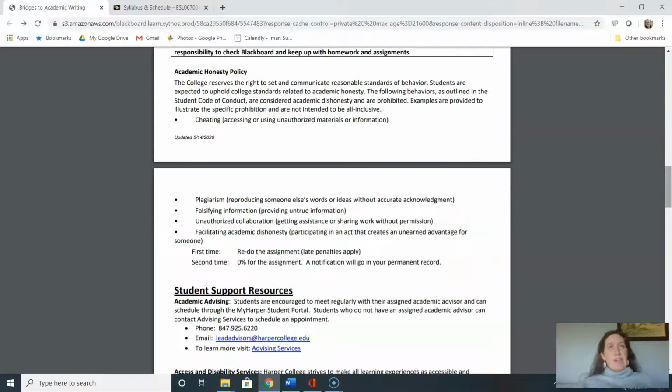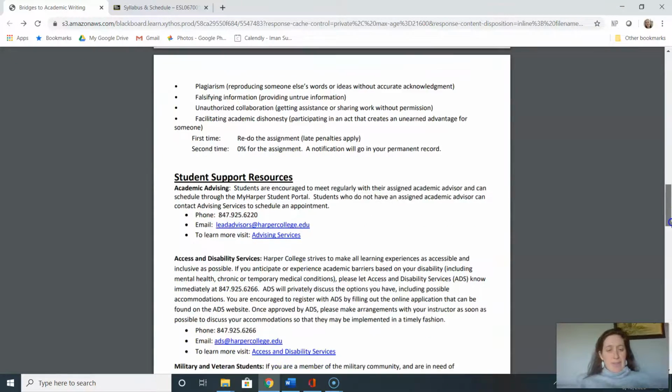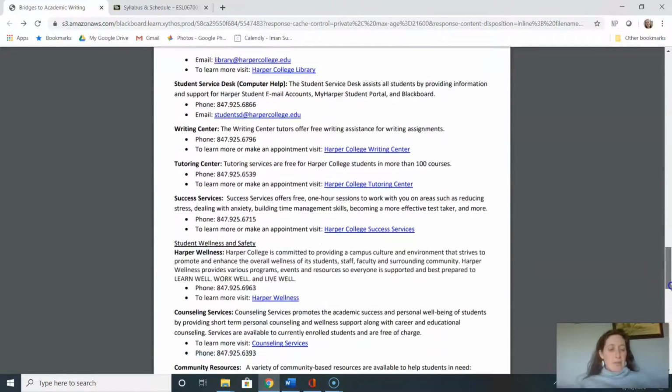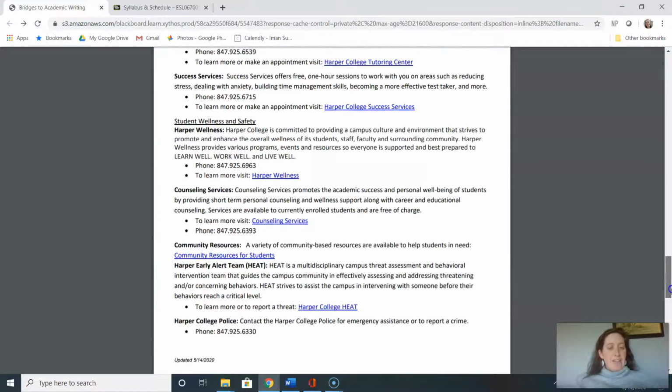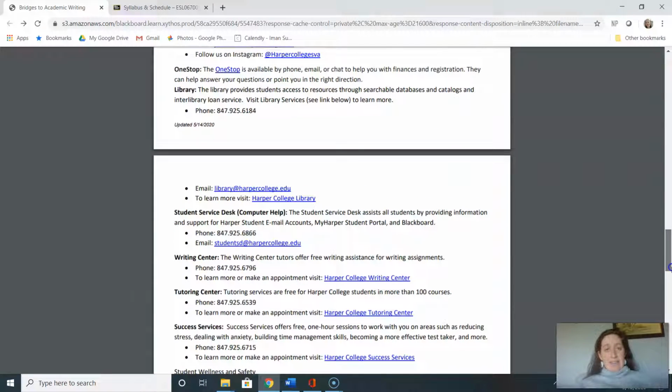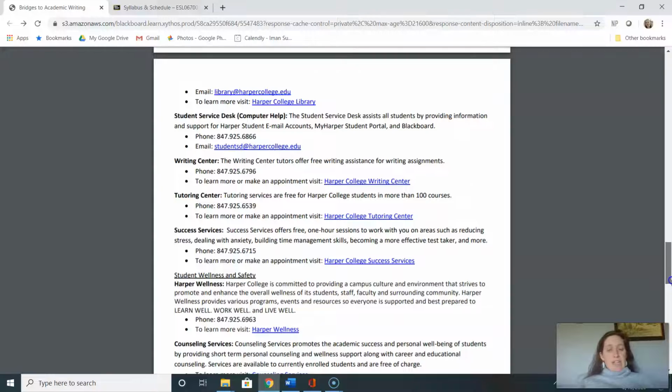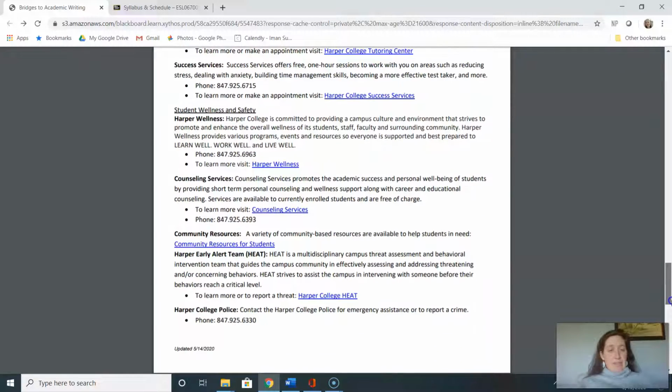If you use an article from the internet, you must quote it and give the website that you used, and do not copy from other people. Finally, we have many student support resources at Harper College. These are still operating online, so make sure you check those out if you would like some additional help with